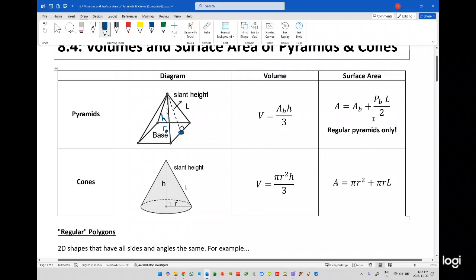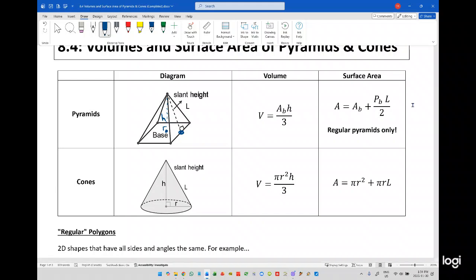Going back up, the surface area is the area of the base plus the area of the 4 triangles together. The 4 triangles together are basically going to be equal to half of a long rectangle. So we're going to be looking at the perimeter of the base times, in this case, the slant height, because we're dealing with the slant height, whereas in the previous lesson we dealt with perimeter of the base times height. The slant height will be our triangles, and then the division by 2 is because each side is a triangle,